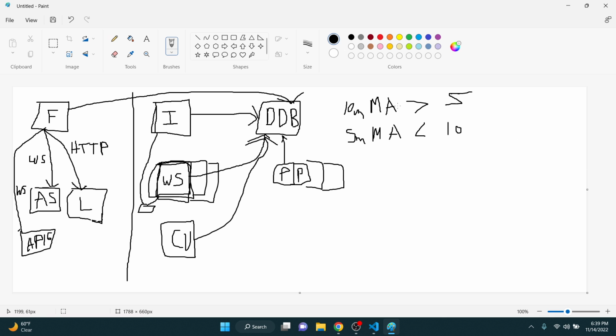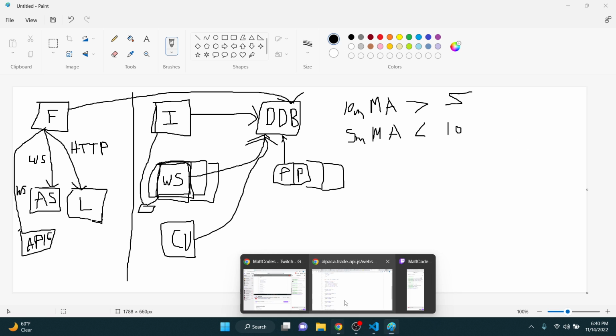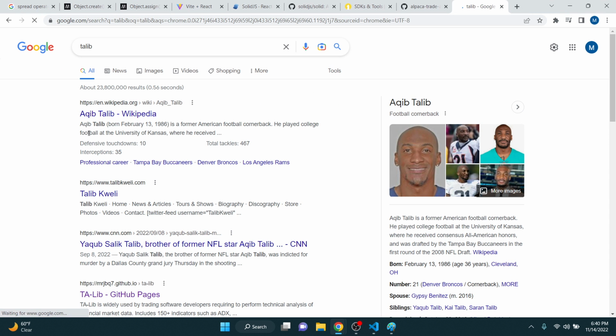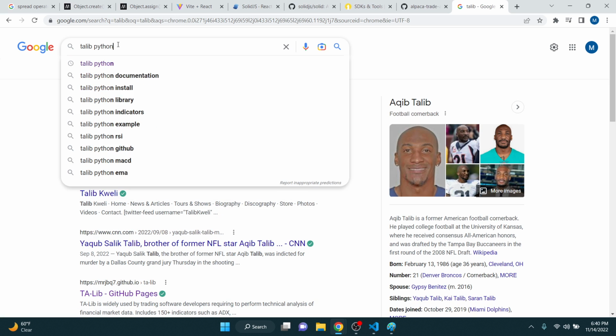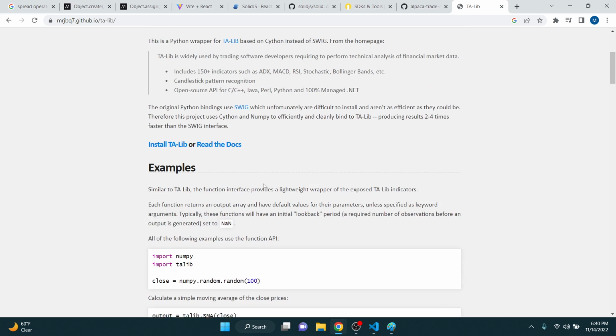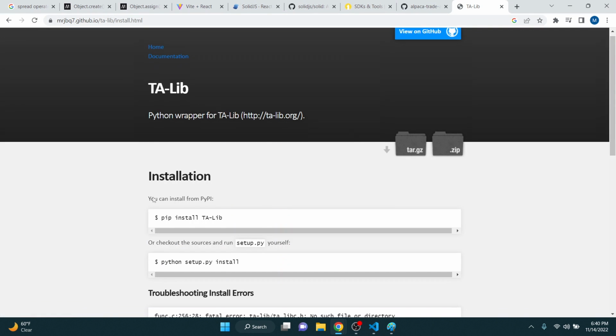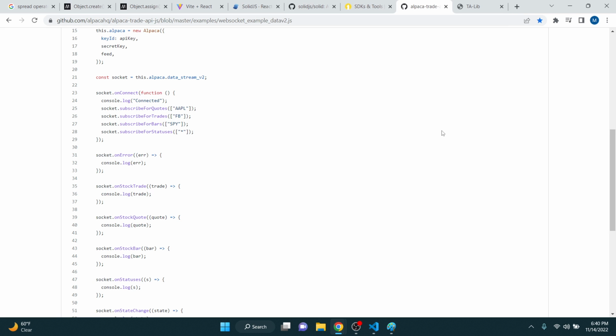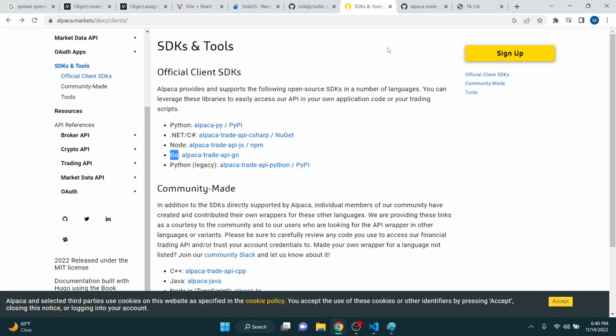It's going to be moving average. It's going to be whatever this TA-Lib gives you. TA-Lib, Python. I'm not going to click on that right now, but I'll look at it in a minute. Just tell me what it is. TA-Lib. So whatever stuff this gives you, I plan on using this in the processing. So there's different functions, and maybe not all the functions, but